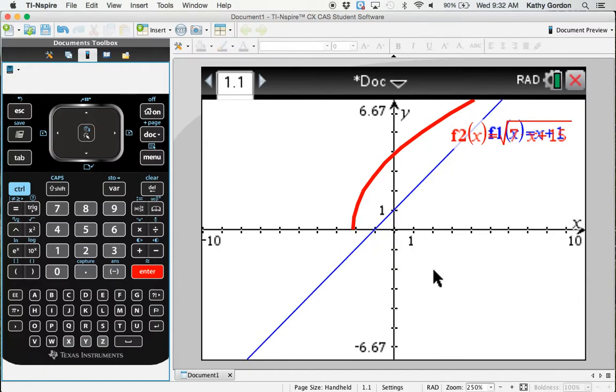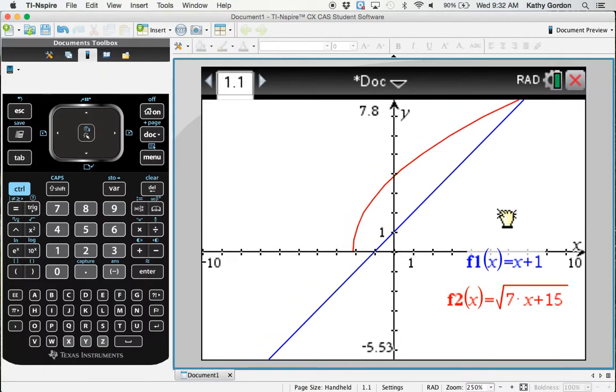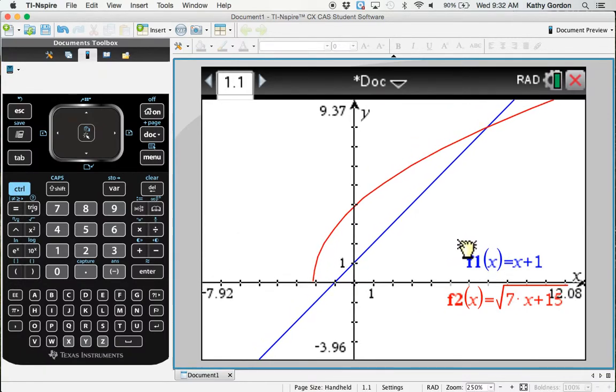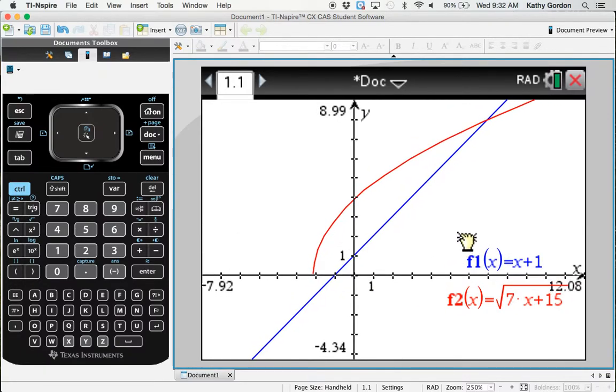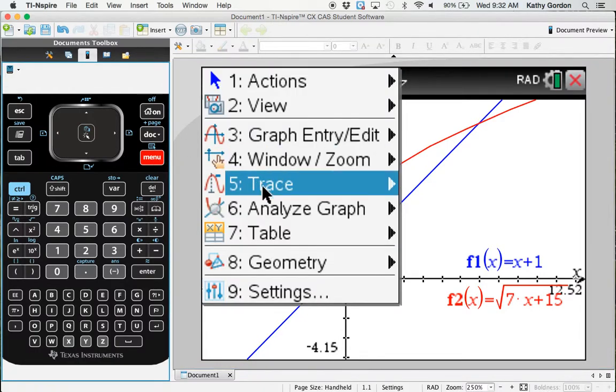So what am I looking for to actually get the solution? Intersection. The intersection point. Do you see one at the moment? Nope. So let me grab here and bring it down. Now do you see one? Yes. But how many do you see? 1. So there's only one possible solution. And to find out where that is,